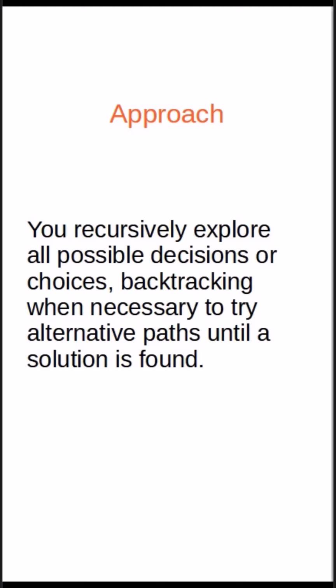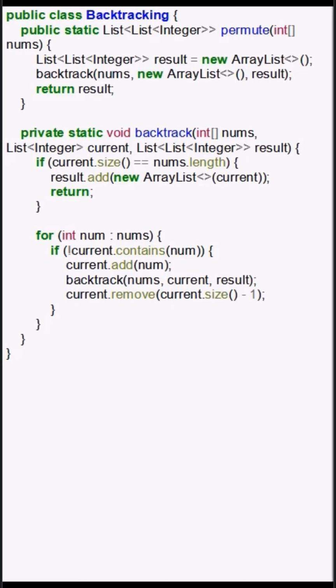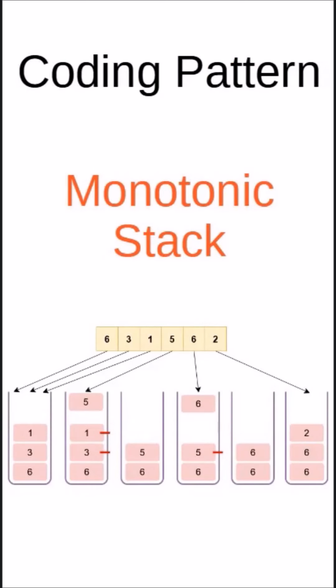Let us take a look at the Java code. So in this, we use the backtracking pattern to generate all permutations of a given array of integers. We explore all possible permutations by trying each element. Now the monotonic stack pattern, a technique for solving problems involving finding the